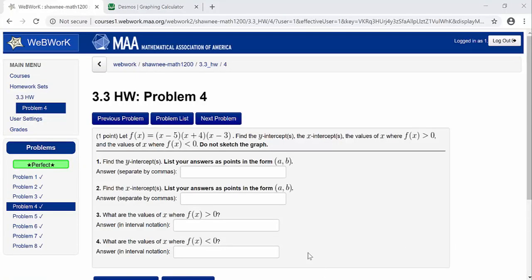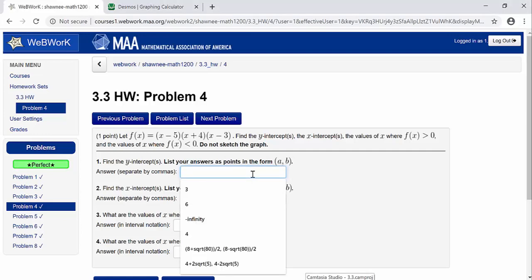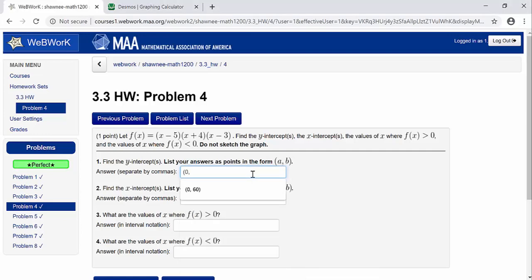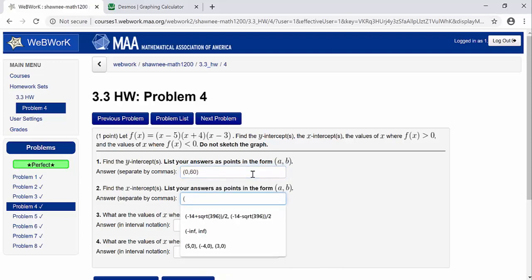So now back to WebWork. We enter our y-intercept as a point, 0, 60. We enter our x-intercepts as points, 5, 0, and we have to separate them with a comma, -4, 0, 3, 0. And we saw that the function was above the x-axis between -4 and 3,